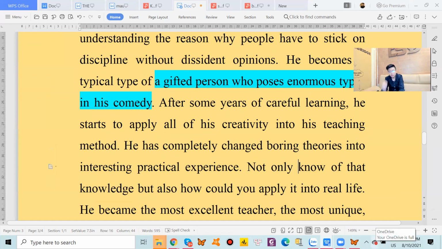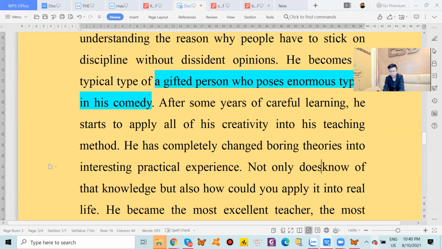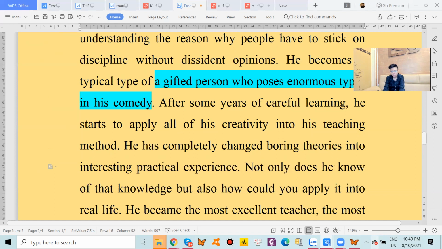Not only, if we use the words "not only" at the beginning of the sentence, please remember one rule. Do, does, did, have to stand at the beginning of the sentence. Or you can understand in a simple way like this: with "not only" at the beginning of the sentence, please use the yes/no question form. So right here, not only does he know of that knowledge, but